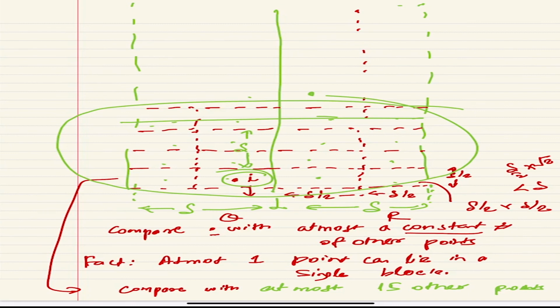I compare with all the 15 points and see if any distance is less than delta, then I update my delta, the minimum distance, and if they are all larger, delta remains. Then I keep on doing that. So the recurrence is two equal subproblems of size n by 2 plus order n. This will be maybe 15n or 20n, if I'm doing some other work, and together this will again give me order n log n, like the merge sort case. So this closest pair of points you can do in order n log n time.